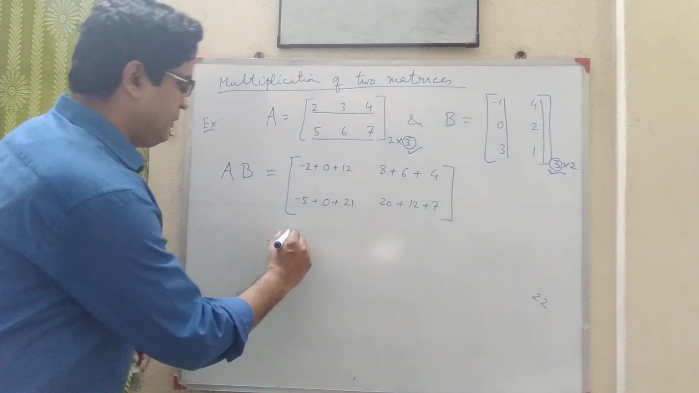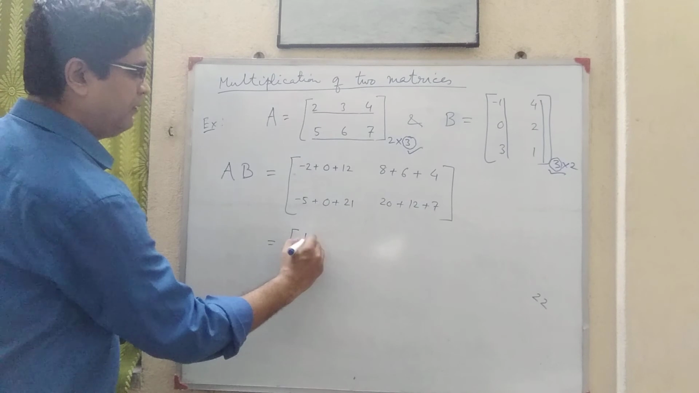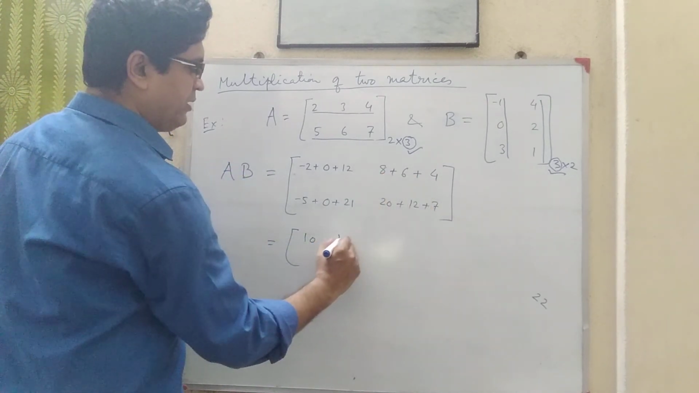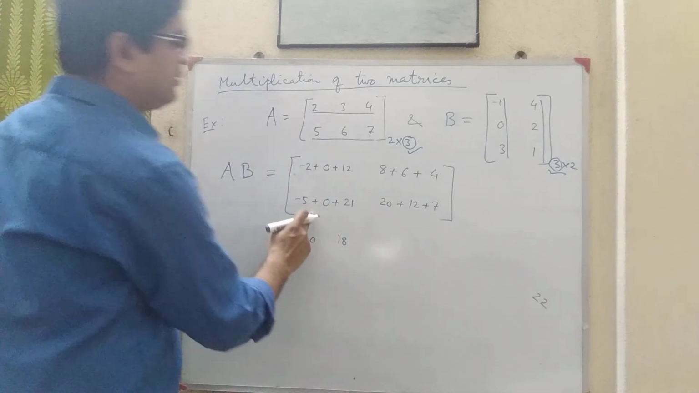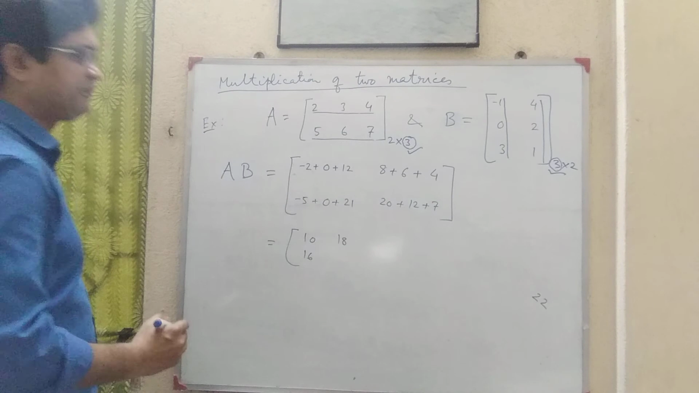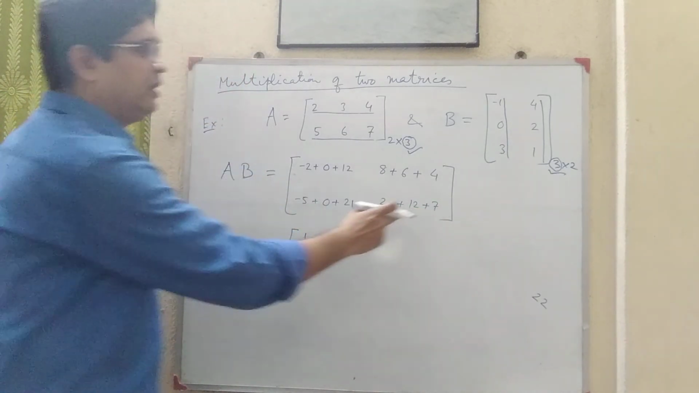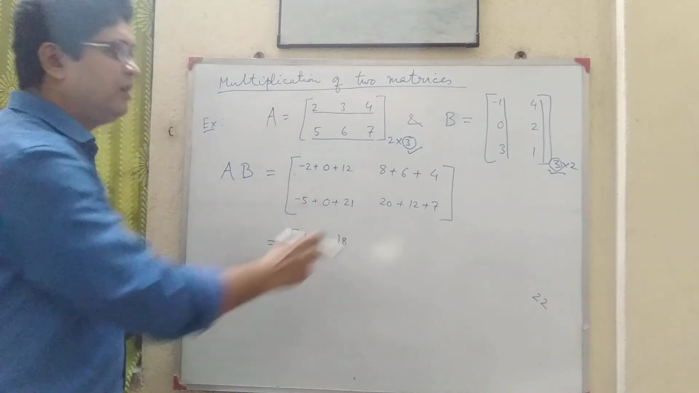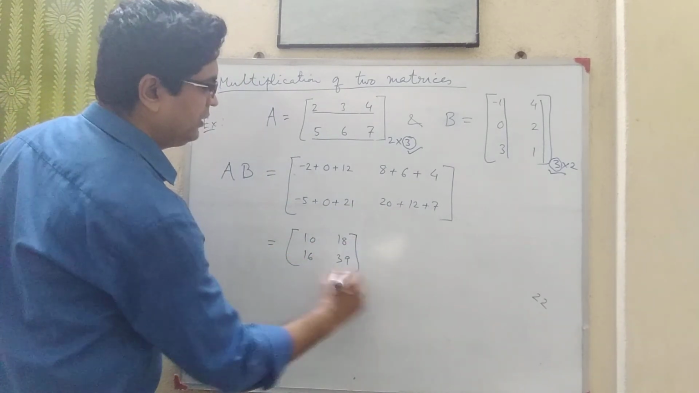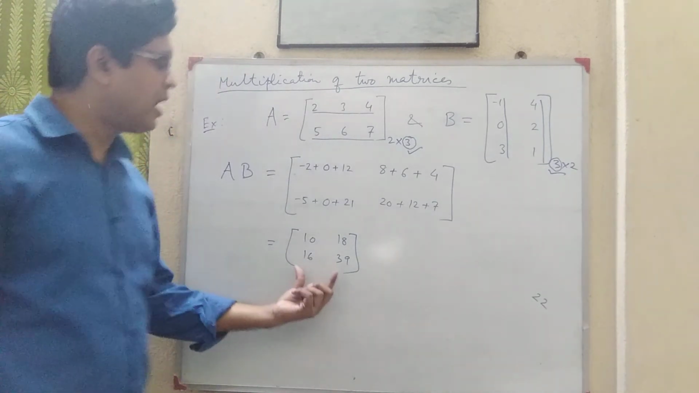Now the answer will be: 12 minus 2 is 10. 6 plus 4 is 10, plus 8, 18. 21 minus 5 is 16. And 12 plus 7 is 19, 19 plus 20 is 39. So this is the answer. Now you have to check the